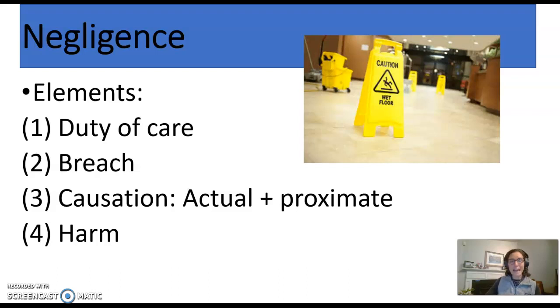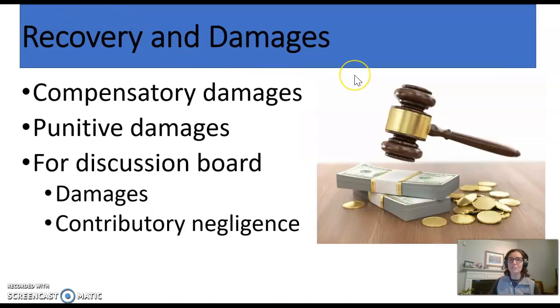Speaking of, the last piece I want to talk about with torts is recovery and damages. And this is something that's also crucially important for businesses to understand. If they are sued, what can the business be liable for? And this is also heavily discussed in the Hot Coffee documentary portion that I want you to watch. There are two types of important tort damages. There's both compensatory damages and punitive damages.